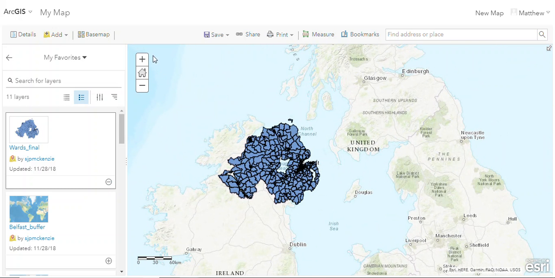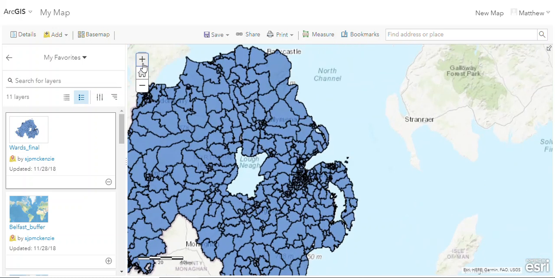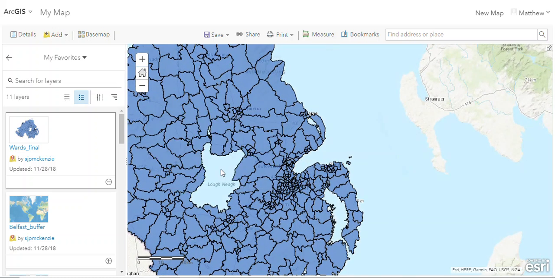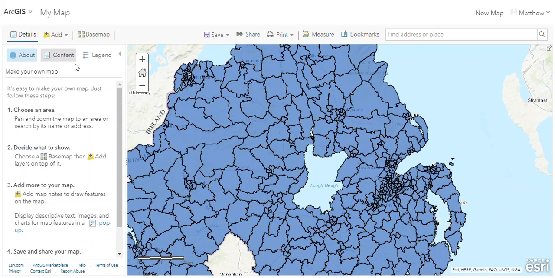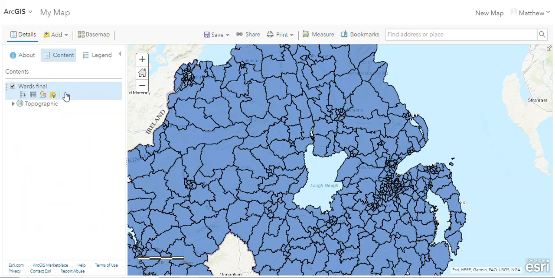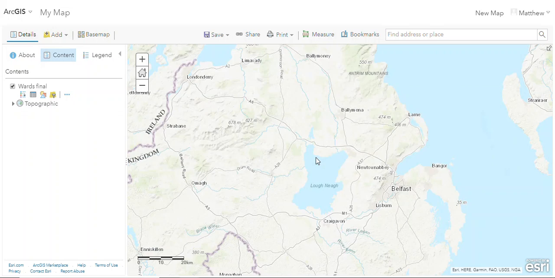Again, I'm just using my scroll wheel on my mouse to do this. You can use the tool, I'll use the tool here for you in the top left corner. Just zoom in there, across, and zoom in one more time. And there we go. Here we have the view of Northern Ireland. So to filter, we need to go to details, content, and we're looking at wards final, and underneath that, our filter tool. So as you can see, we want to filter average primary school size is greater than